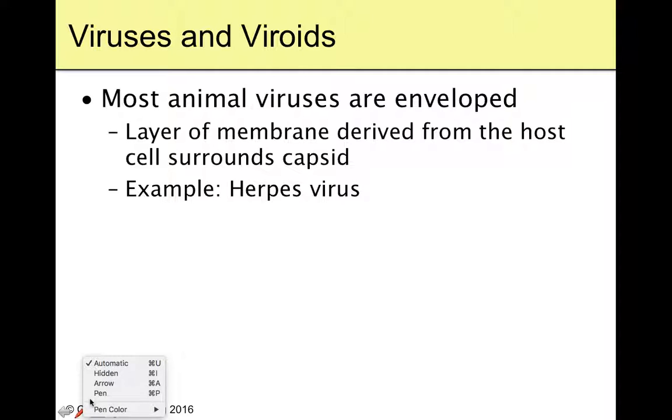And so most of the animal viruses that can really cover a lot of ground, cause us a lot of heartache, are enveloped viruses, of course. If you have an envelope around you, like I said, you're a little bit tougher and you're a little bit more virulent in some cases. So the layer of the membrane that we derive from the host cell surrounds that capsid, and so then they have their DNA inside, they have the capsid, they have the host plasma membrane kind of wrapped around them, and they're in really good shape to cover some ground now.